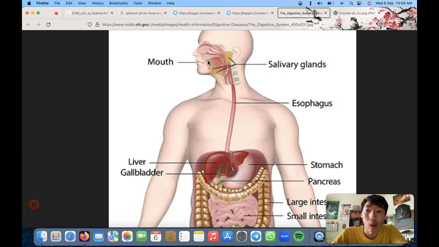You chew, you have to break up all this food into smaller substances, right? So you just break it into smaller pieces. But what is the enzyme in the mouth? There's only one enzyme, and this is the enzyme that can digest starch. Okay, it's actually called amylase enzyme, but never mind. You just know that the mouth enzyme can digest starch.